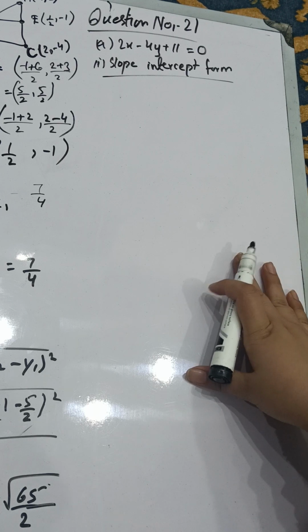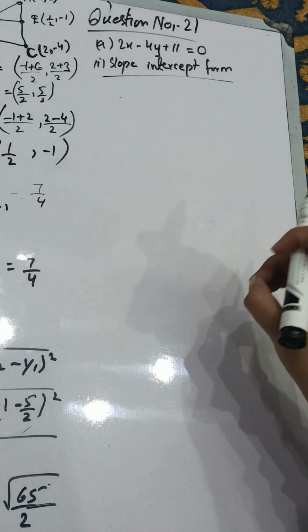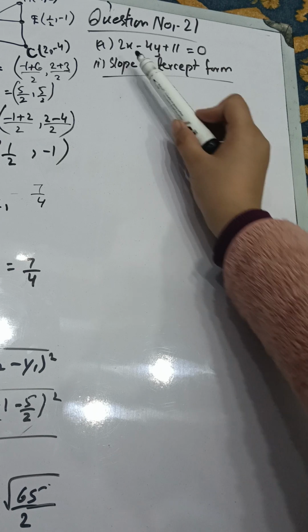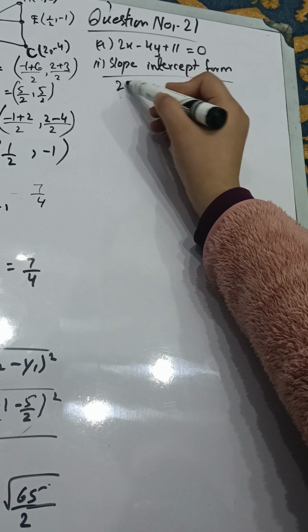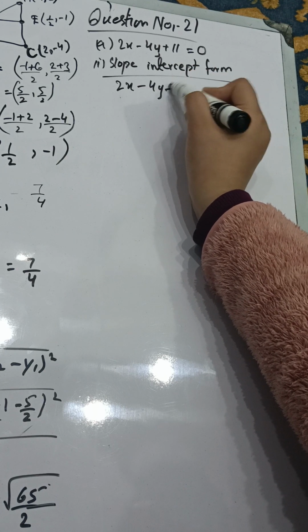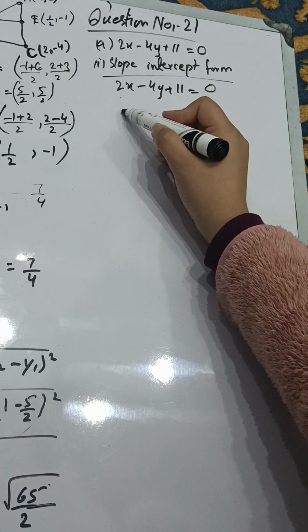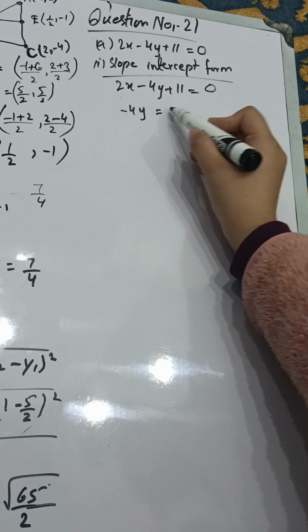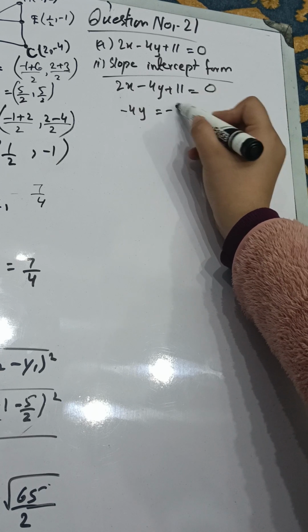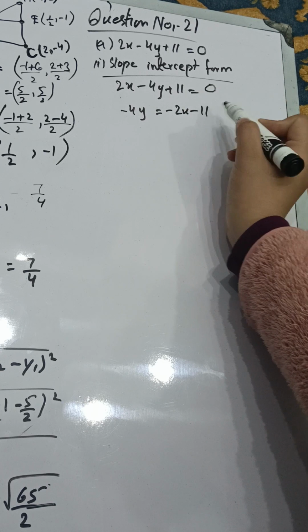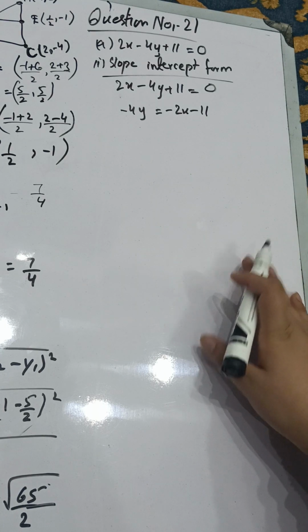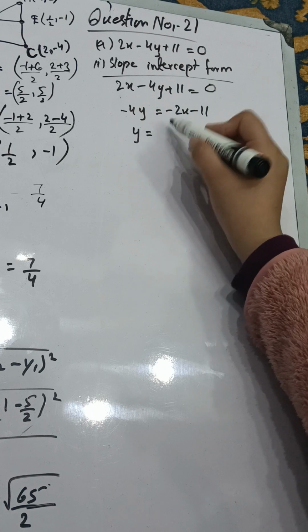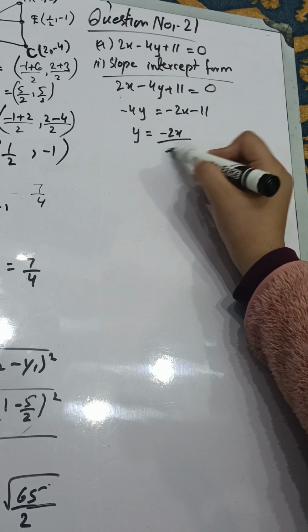स्लोप इंटरसेप्ट फॉर्म में आप लोगों ने y की वैल्यू निकालनी होती है। ठीक है, और y की वैल्यू आप किस तरह से निकालेंगे कि y को इस तरफ रहने देना है, बाकी सबको उस तरफ ले जाना है। सो -4y यहीं रह जाएगा। यहाँ ये प्लस का है, वहाँ माइनस का हो जाएगा। ये भी प्लस का है, यहाँ ये माइनस का हो जाएगा। अब हमने -4 को इसके साथ डिवाइड कर देना है।